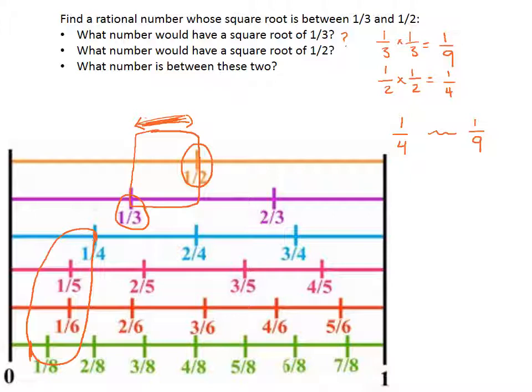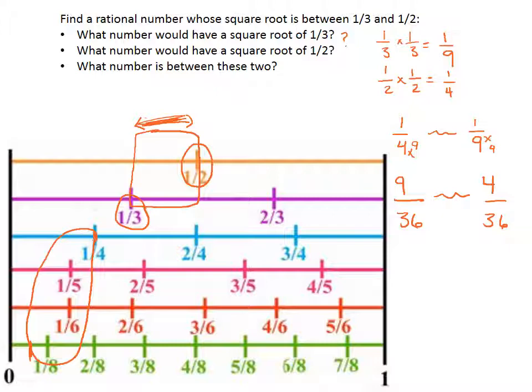So you can turn this into a common denominator and say, I'm going to multiply by 9, 9/36, and I'm going to multiply this by